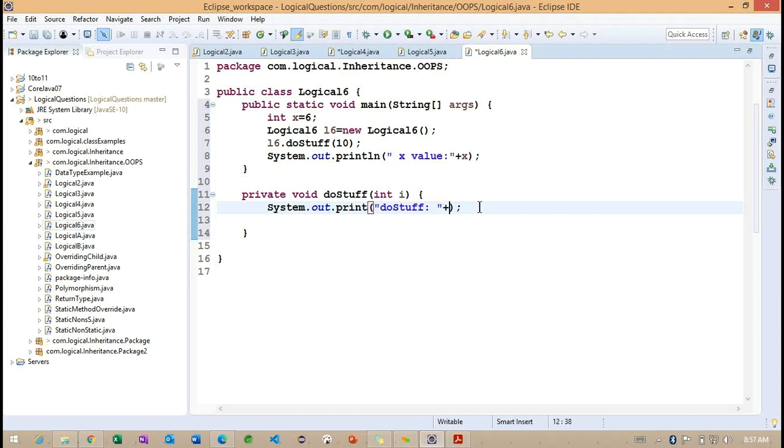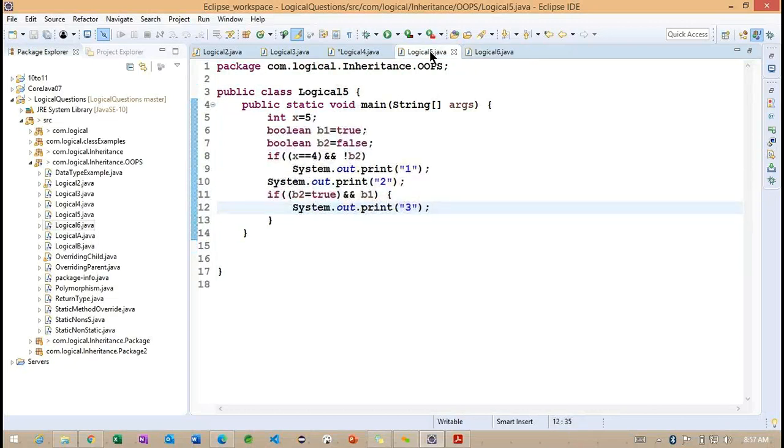Now can you please explain what outputs we are going to get? 6, 10, sir. So 6, 10. Let me save this example.